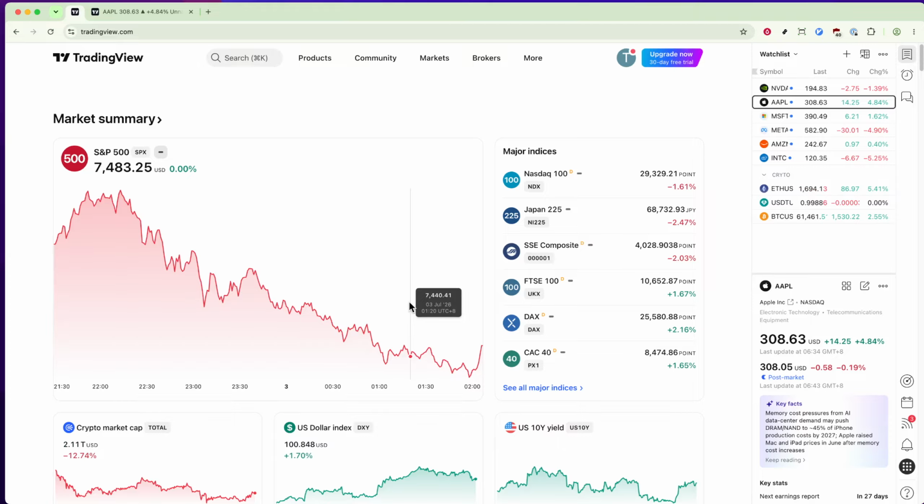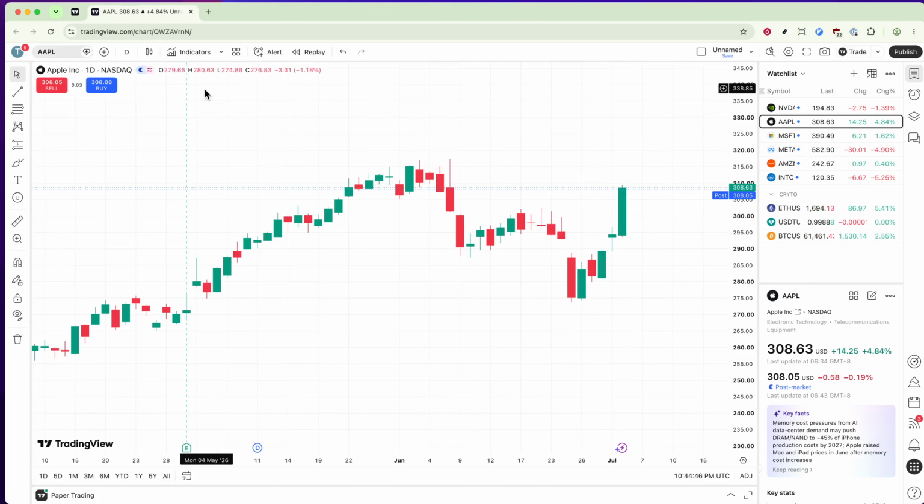Next, locate the chart area on the dashboard. This is where all the magic happens. It's the section of Tradingview where you can view price movements, analyze data, and apply the CPR indicator. Take a moment to familiarize yourself with this area if you're new to the platform, as it's where you'll spend